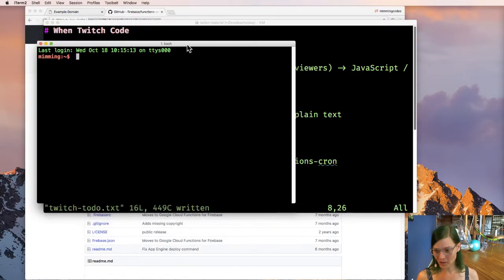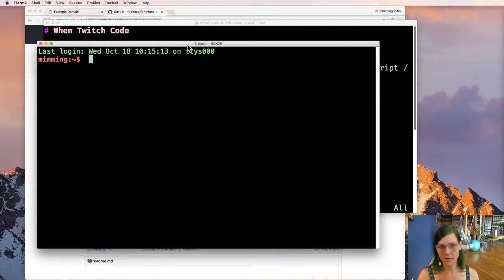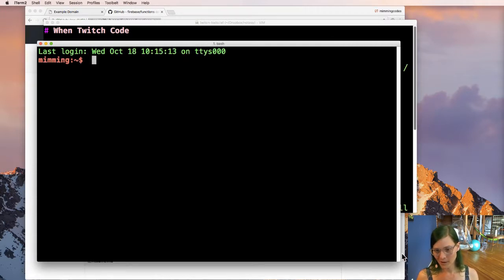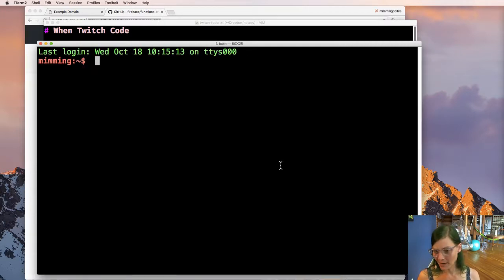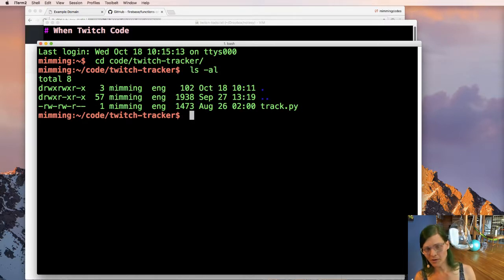Okay, so let me bring up the shell, which is indistinguishable from my Vim because black backgrounds are nice. And let's do Twitch tracker. I called it Twitch tracker. And I thought I was coding in JavaScript before, but I was pretty jet lagged. Apparently I was coding in Python.